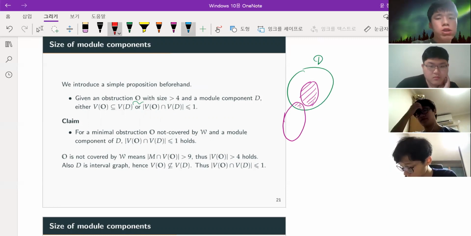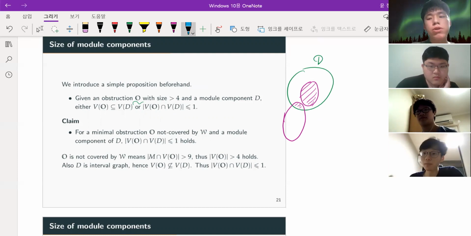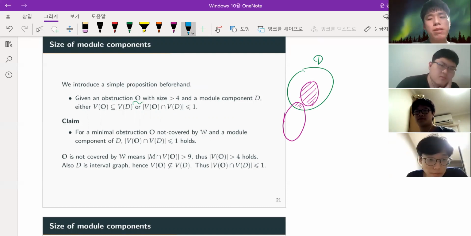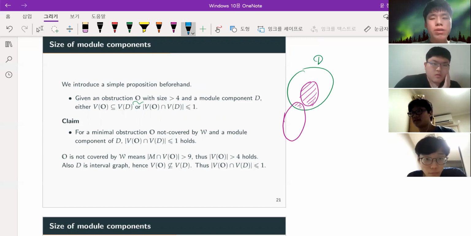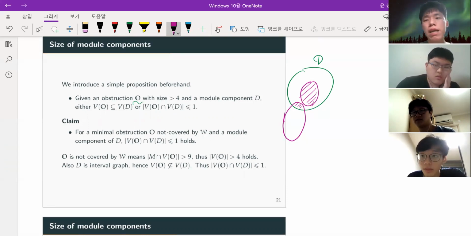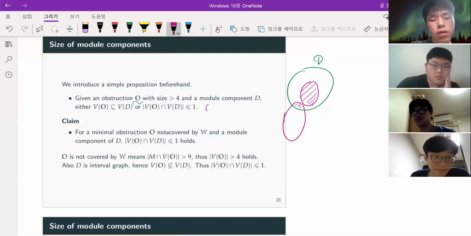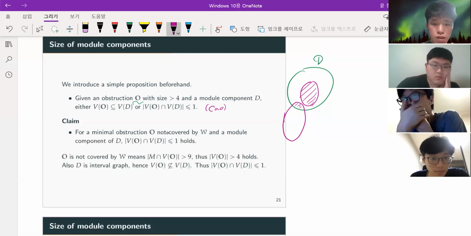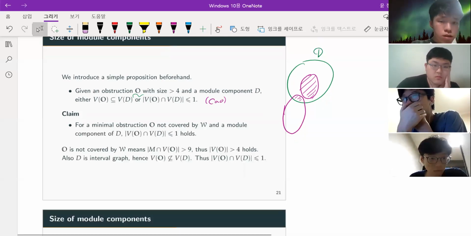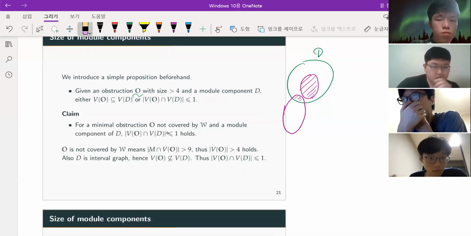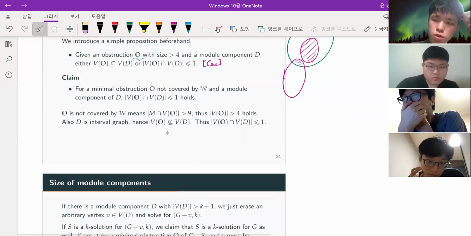In this proposition, D is a general module component. It need not belong to G minus M or another mandatory subset. It is a general property for any module and any obstruction. And it does not belong to the original paper. So using this proposition,